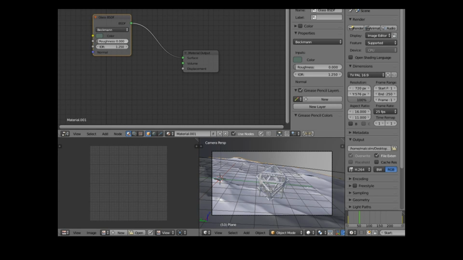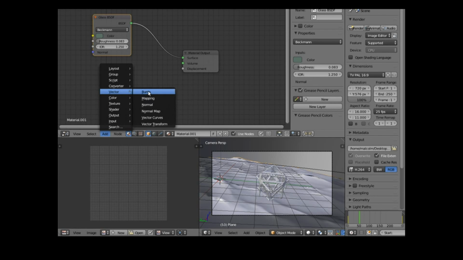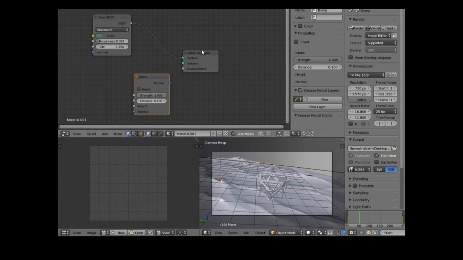I want to put a little bit of roughness on it, and I also want to add in an actual bump map. So I'm going to put the bump map on there,